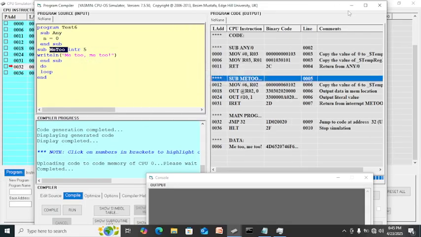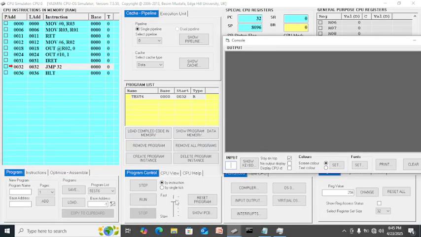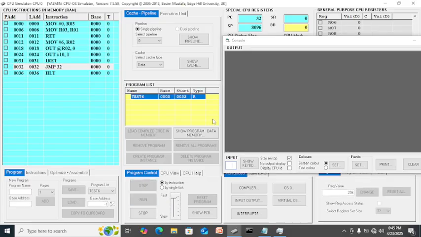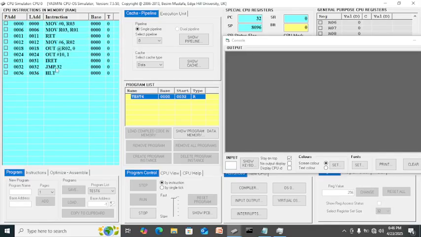Let's run the code now, and as you can see, we make it fast and run. So it keeps looping on itself. Jump to me, jump to me. Okay.